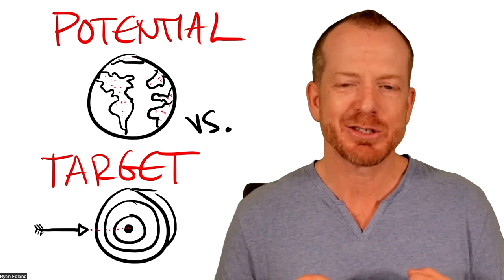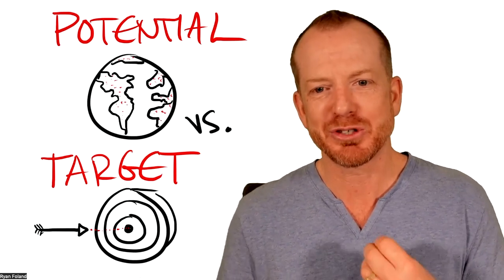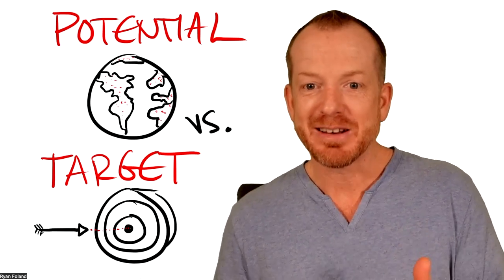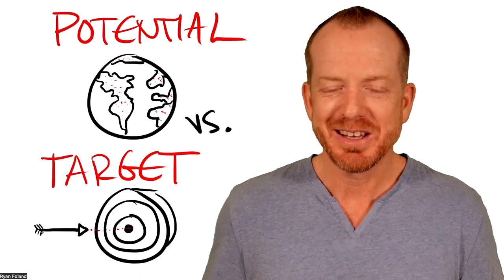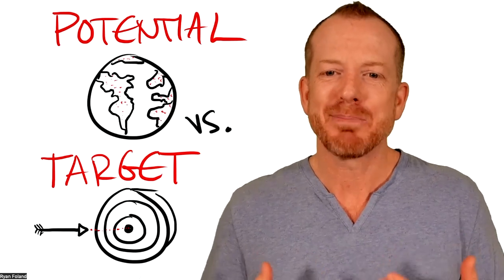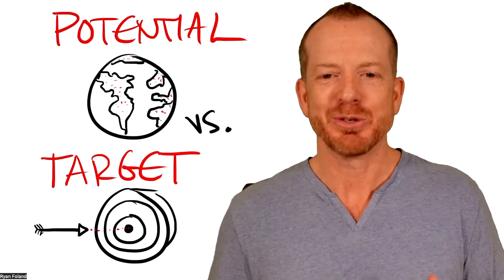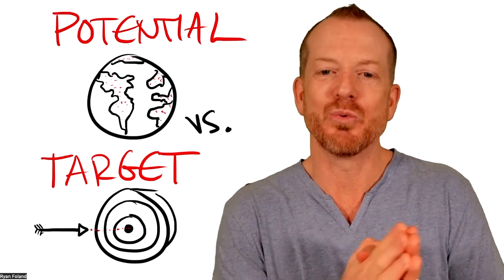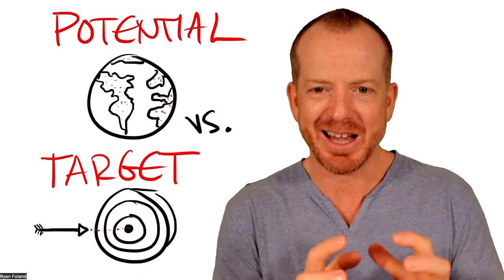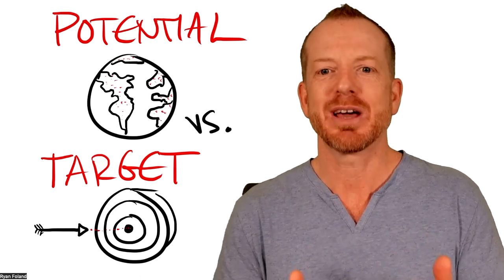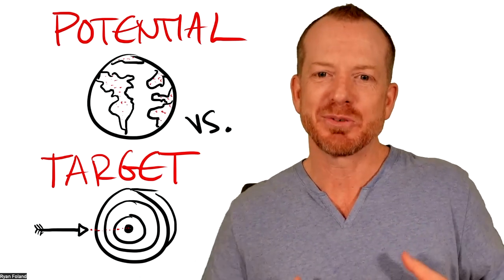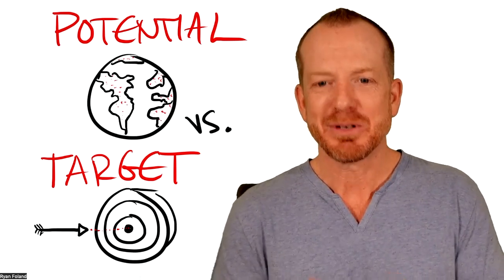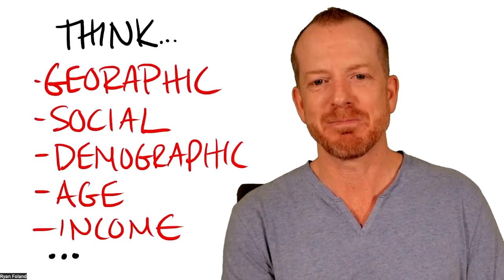And so knowing that target market and being able to describe them will help you to find them. And once you find them, then you can talk with them. And you only can make hypotheses at this point. You don't know actually about these customers and whether what you have, your value proposition, actually solves their problem or need. So you have to find them. We have to do some research. We have to talk with them. We have to get out of the building. But to do that, we have to define them.